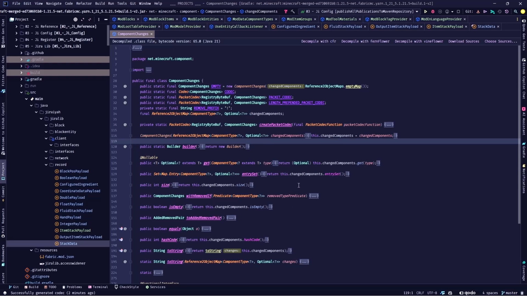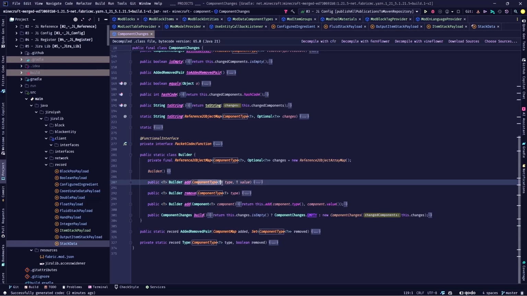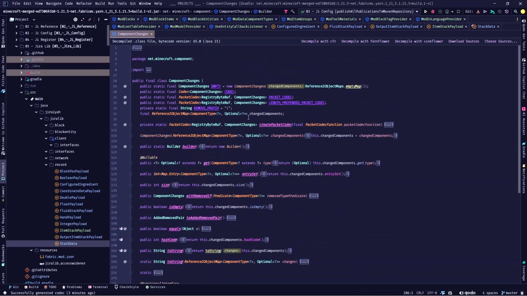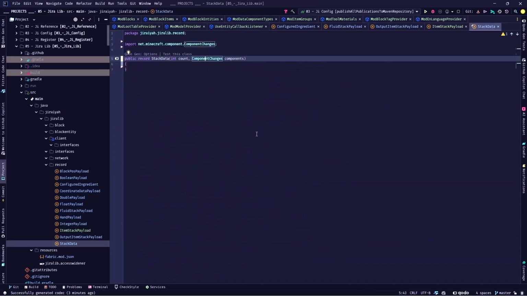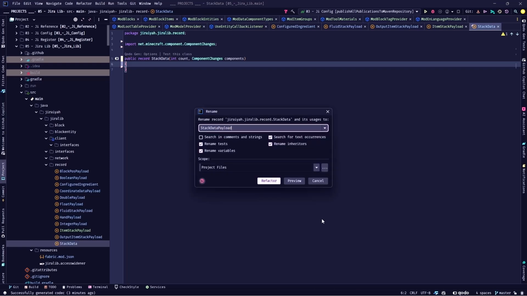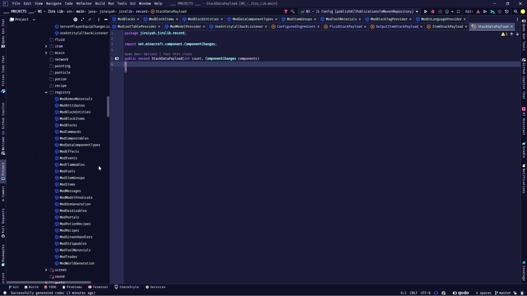Basically, what this class is for is to build an instance of it with component types and the values that you want, or remove the component types and make a list of the components you want to track with the changes happening in those components. And we can now make a payload from that. Do I want to keep it as a stack data or stack data payload? I think I will make it payload because we are providing some codec and packet codecs, and whenever I have